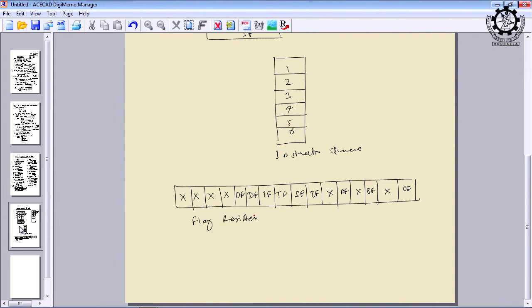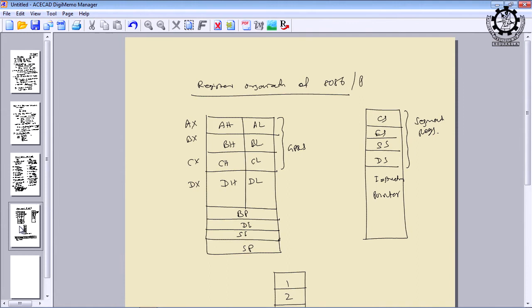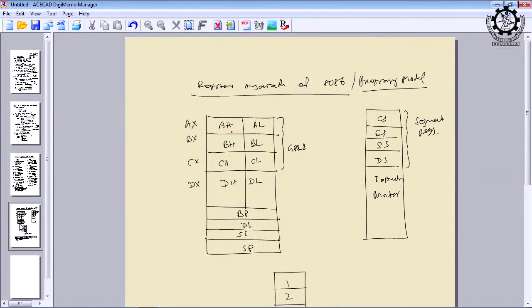So, this is the register organization of 8086, which is also called the programming model of 8086. Either you can say register organization of 8086 or you can say programming model of 8086. So, these are the total exhaustive set of registers which are available inside the microprocessor 8086. You can see here the register names are changed. Unlike in 8085, we give the names to different registers, that is AH, AL. So, AH means this is an 8 bit register, and these are the general purpose registers. Okay.